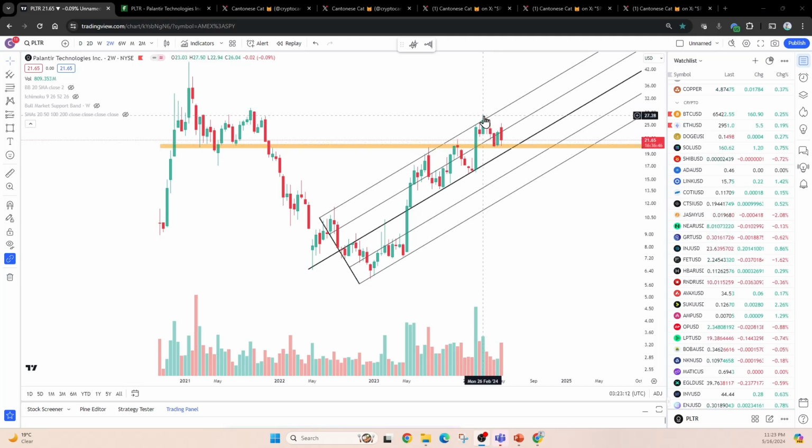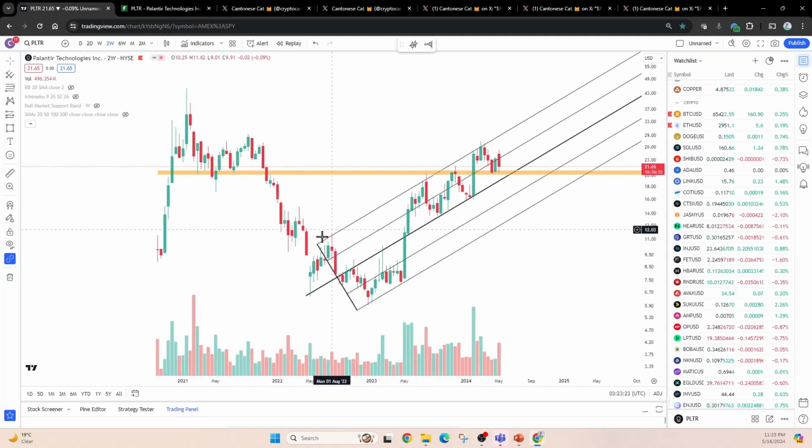And then sure enough, it got rejected, got back tested over here at this very important horizontal range around $20, $21. And so far it looks like it's bouncing. Now, if you look at the actual chart over here, I did draw a pitchfork, which I think has fit pretty well in terms of being resistance and support levels, both towards the bottom over here as well as towards the top up here. What you're seeing is price has broken out of this range up here, got to the bottom of the range over here,